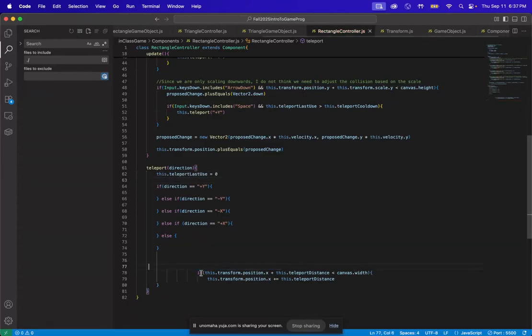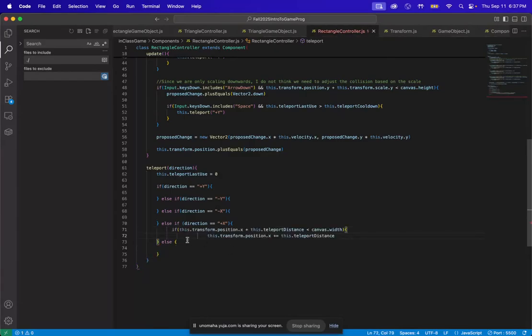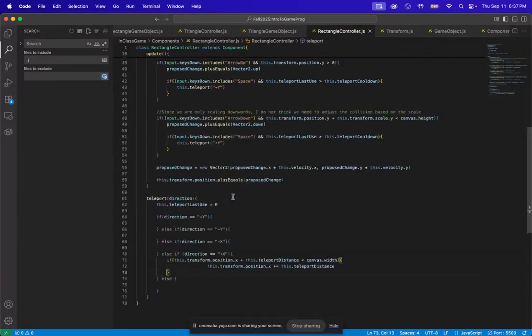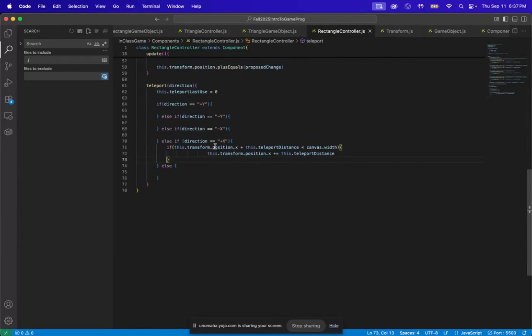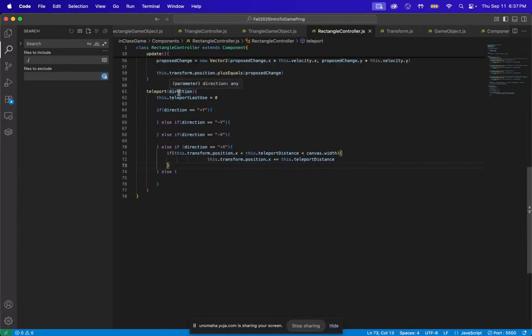And now for x stuff, we could now for positive x in this last one, we don't need that. We could do this. So now what we're saying is if it's equals a positive x direction, which we send up there, where we assign up here and pass it through the method, we say this dot, we check the position,